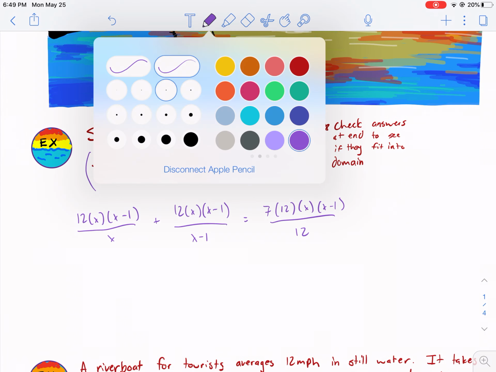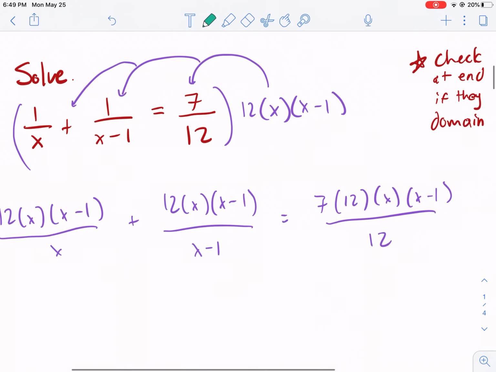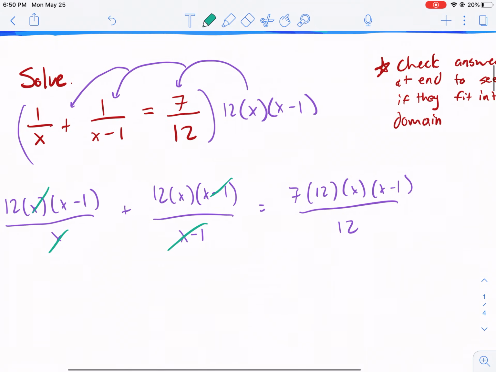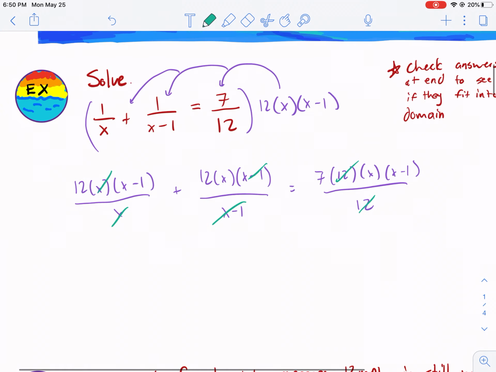Okay, now what I like to do is cancel. I got some feedback saying that they like to have me show the numerators first and then cancel once I show all the numerators. So that's what I'm going to do here. I'm canceling what we see in the top and the bottom, and now we can write it. I need to distribute this 12x to both terms, so I get 12x minus 12 plus 12 times x is just 12x, and then I have 7